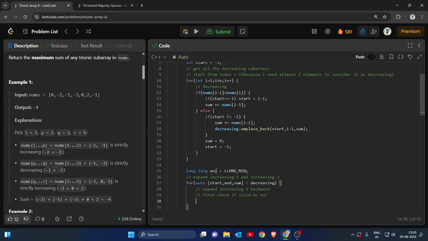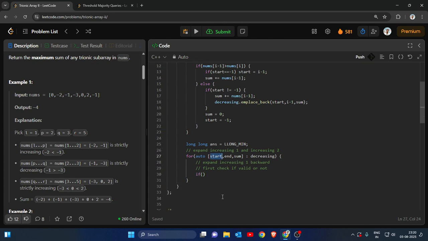By that I mean if there is something to expand, if there is space to expand backwards, that means this start pointer should have a start -1 within bound, right? Start -1 should be greater than equal to 0. That's the first validity. The next validity is nums of start -1 needs to be in increasing order,